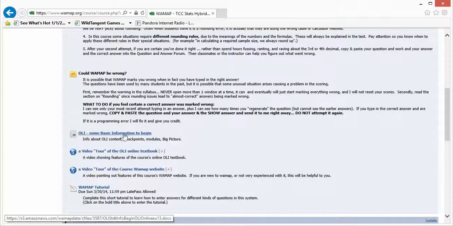And then here's a document for you to read through. And then also here's a couple of quick video tutorials that give you a tour of the online textbook, which is the OLI textbook, which we are hopefully getting for free. I'm waiting for an email confirmation on that. And then also a video tour of the course WAMAP site. I didn't create these videos.